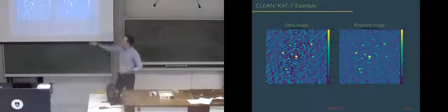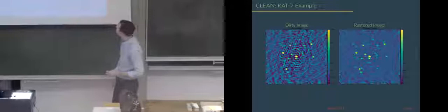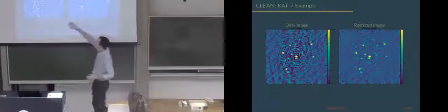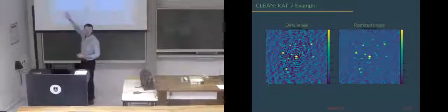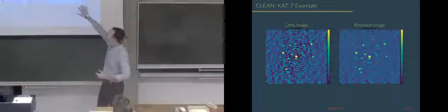And here's just the CAT 7. So given this dirty image, once we apply deconvolution, we produce something like this, right? And you're hard pressed to say that there's some PSF structure in there. There's still noise, but what you can see are these lower level sources here that you definitely can't see in this dirty image. So we're more confident in this restored image that we're actually seeing something real.